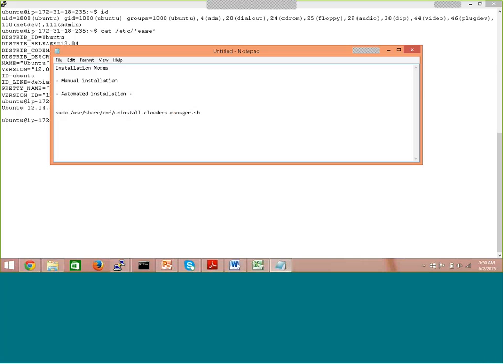Automated installation is where we can use either Cloudera one-click install, and also Ambari. Ambari is again the Hortonworks installation. Okay, so with Cloudera, what it uses is